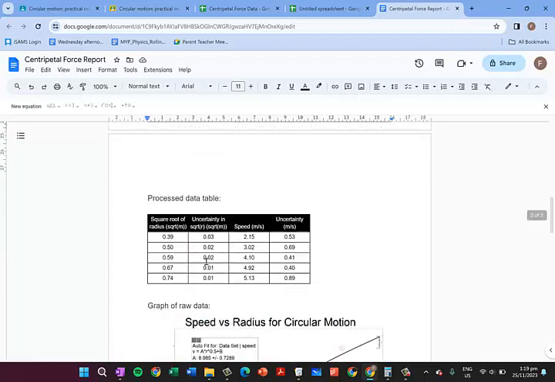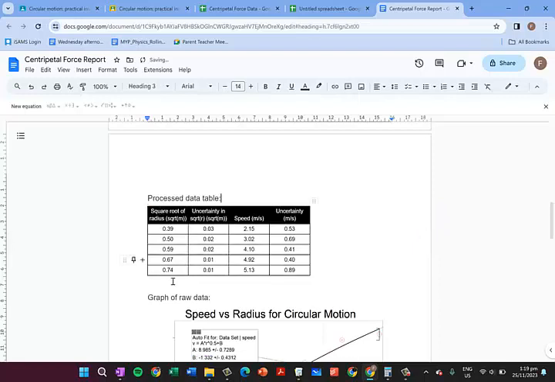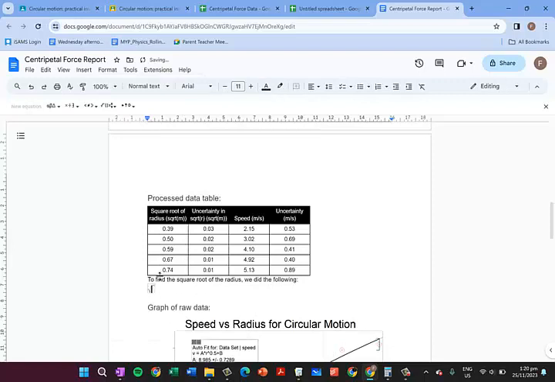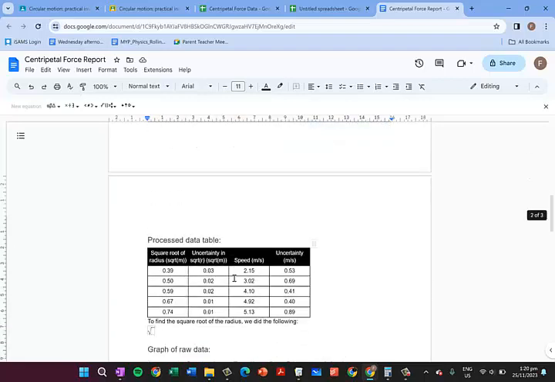Okay, and then we also had to do the propagation here. So to find the square root of the radius, we did the following. Insert equation, square root, the first value was 0.15, equals 0.39,